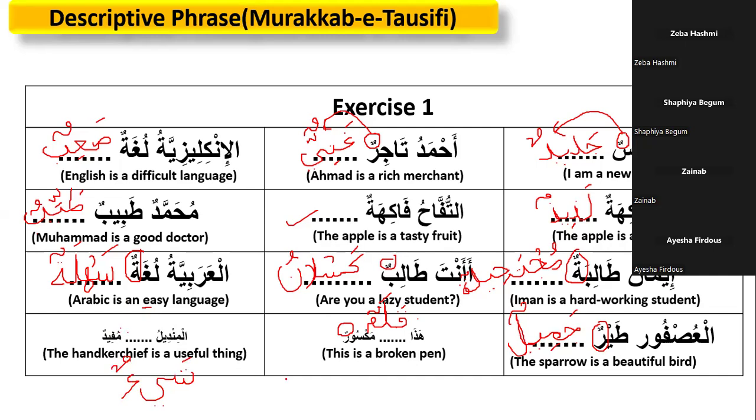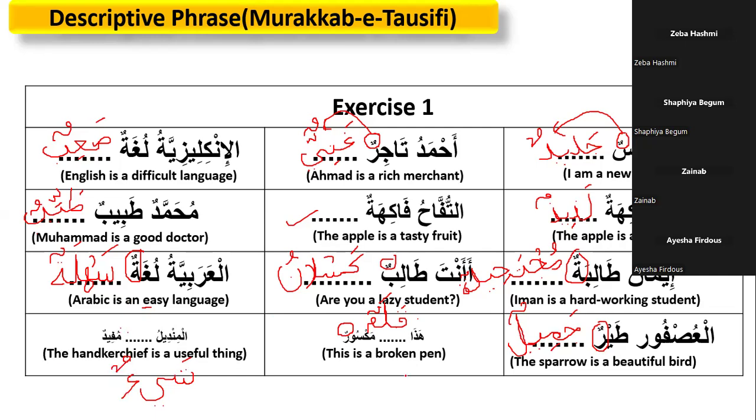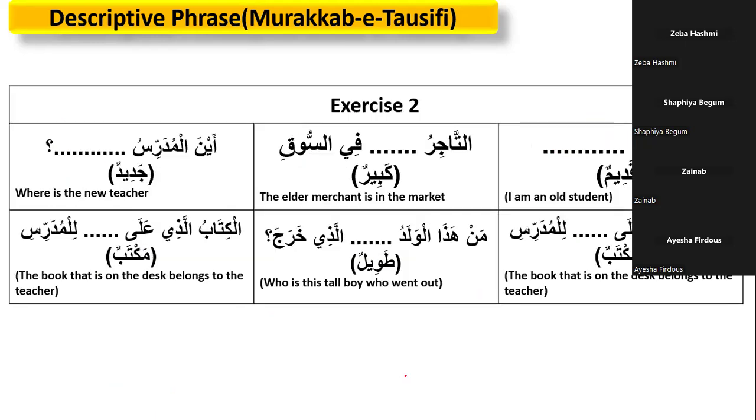So think. Are you getting it, how to make? That's the same structure. Yes, ma'am. Yeah. So I'm not going to erase. So this one I'm going to give you all, that you complete. This one is your homework. The same way. I have given you the adjective in the bracket you need to use. But you need to follow the structure of which one? Noun. Am I right? Yes, ma'am. So this one is homework.